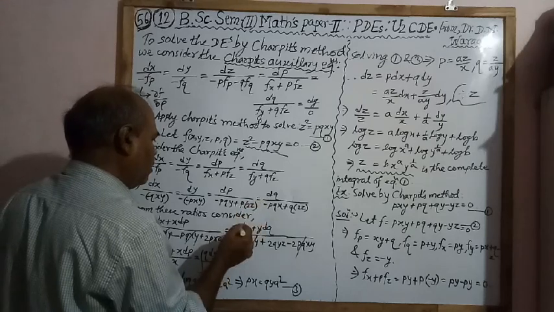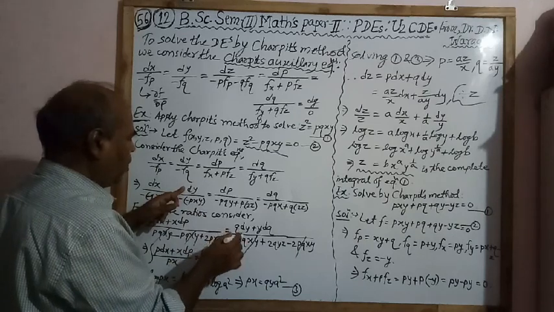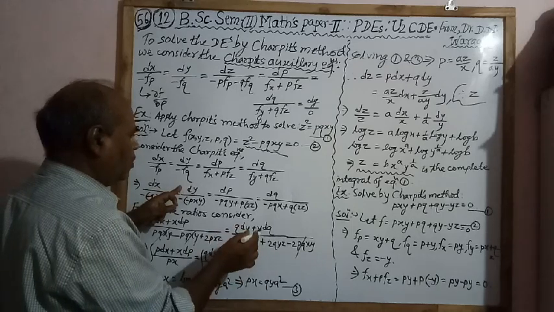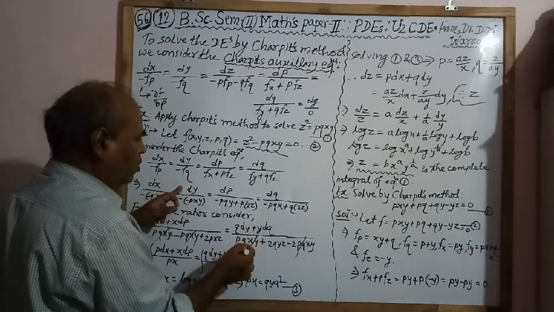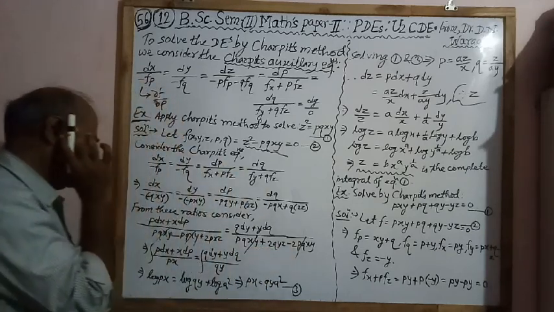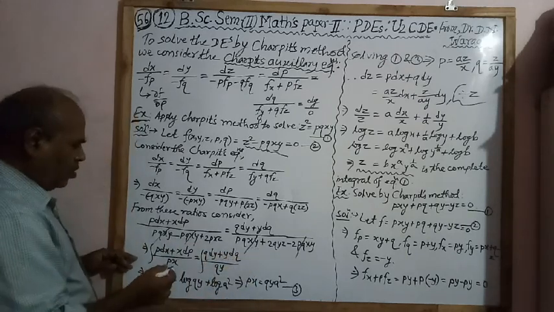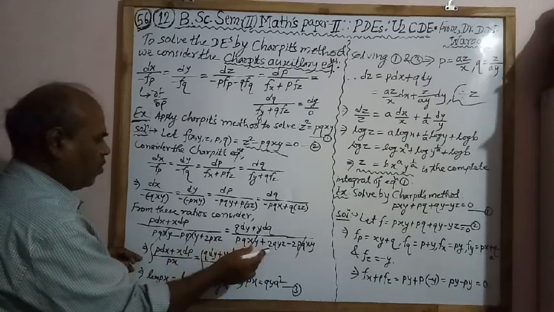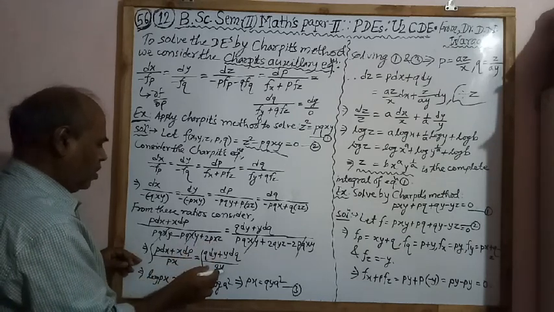Then consider the ratio q dy, multiplying the second ratio by q in the numerator and denominator, therefore q dy upon pqxy, plus multiply the dq ratio by y in the numerator and denominator, therefore y dq upon minus pqxy plus twice qyz. So here pqxy cancels, here also it gets cancelled. Therefore we have twice pxz, twice qyz. Again here twice z cancels, therefore px, here qy.